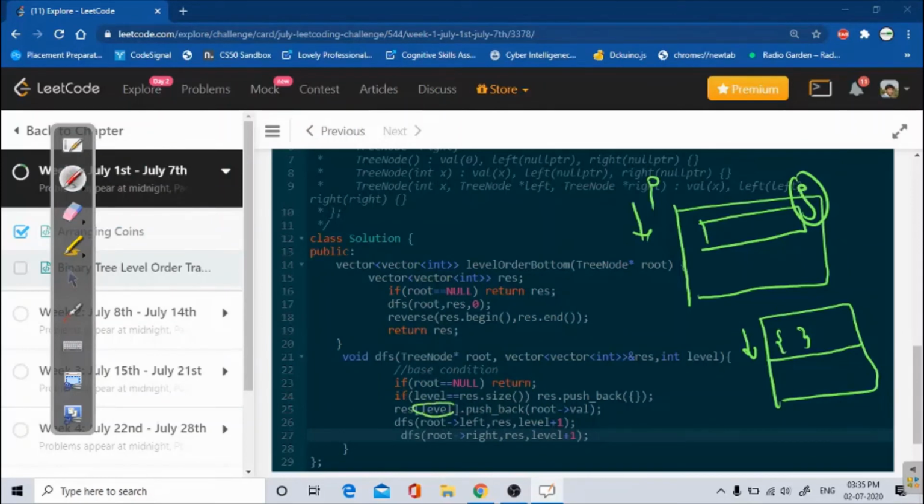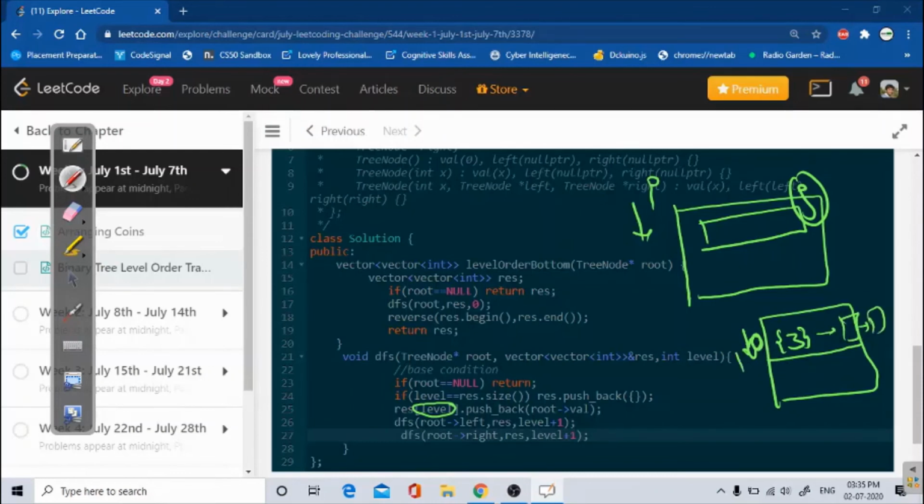This is my level 0, right? At level 0 I have just initialized an empty vector. After that at level 0 I will push back the root value. Let's suppose my root value is 3, so I will add 3 here, and if I have more nodes at this level I'll push them back too.